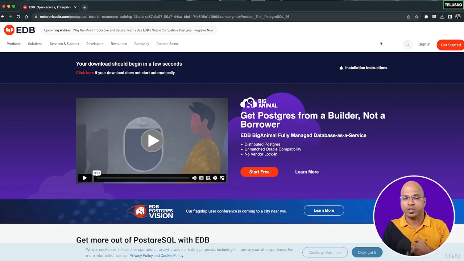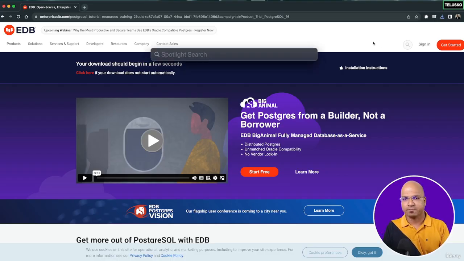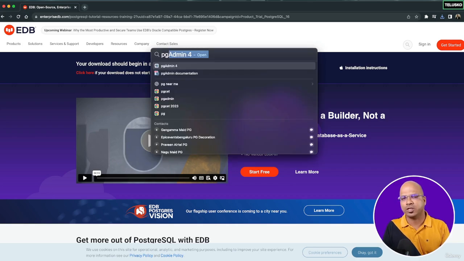Okay, once you do that, it will give you two things. First, it will give you the Postgres database, which is running behind the scenes. And to access it, it will also give you pgAdmin. So if the prompt gives you an option of installing pgAdmin, please make sure it is selected so that you will get pgAdmin. Once you install Postgres, you can simply search for pgAdmin 4. I think I have 4, the pgAdmin version, not the Postgres version. And when you open this,